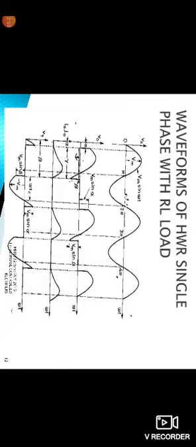In the resistor load, the output voltage is generated only from alpha to pi, but since there is an inductor on the output side, some energy is stored in the inductor, so the waveform moves on up to a certain point and reaches the beta point. All the points change because the inductor stores energy, and it delivers the energy whenever the thyristor is in the off condition.